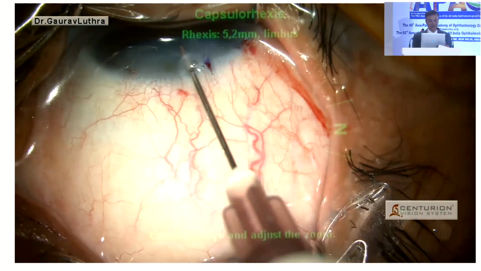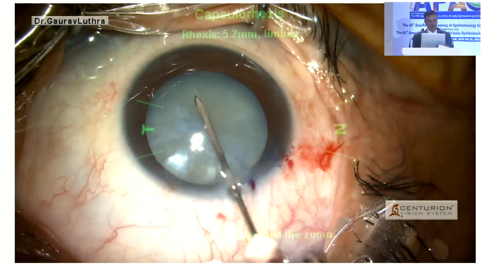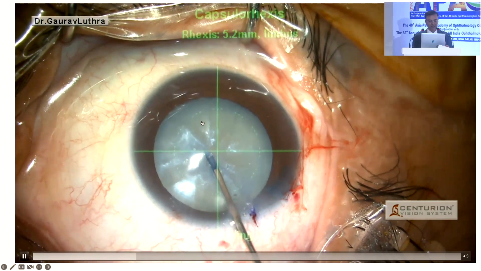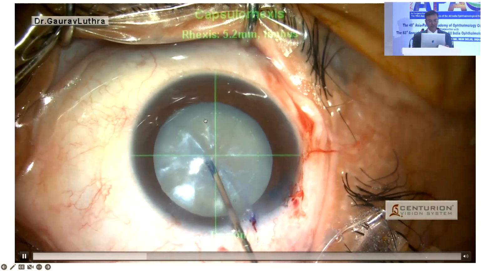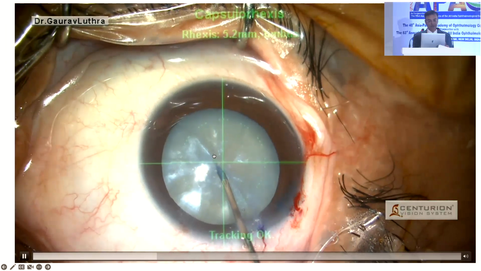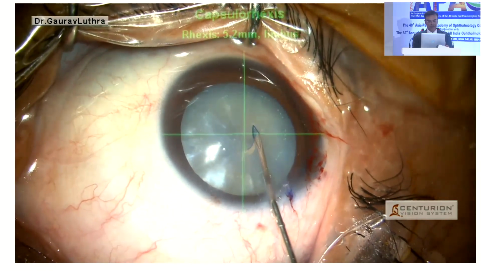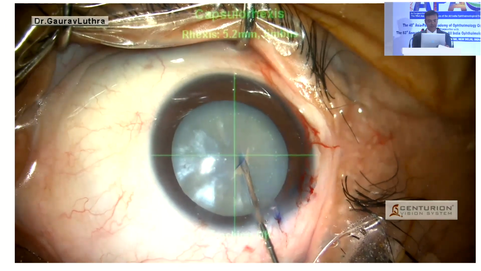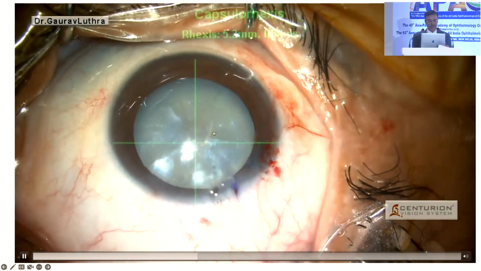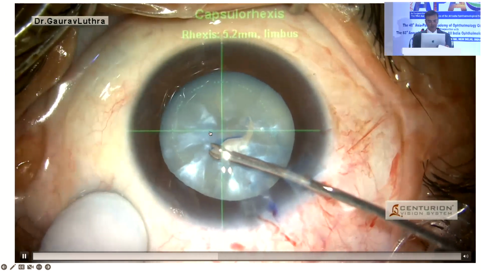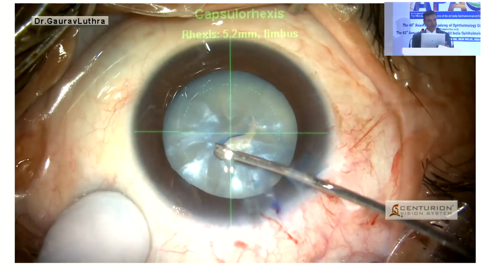I've created a radial tear in the capsule. It was a sudden entry with the 26 gauge. You can see that it's gone right till there. So now I wanted to decompress this lens, and I've created a new small flap, and I'm going to decompress it anyway, even though I know that there is a weak area over here, whereas there is a radial tear in the capsule. And now I want to go around it, so I wanted to ask Tushya, who can tell me maybe,